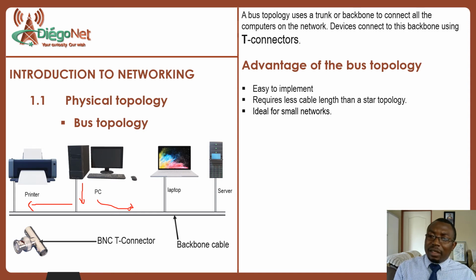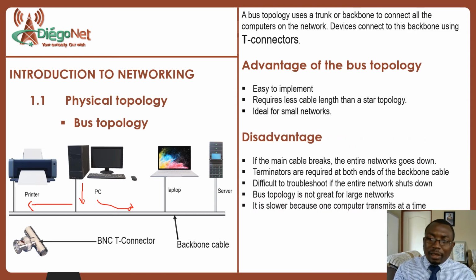Now, what are the disadvantages? Let's look at the disadvantages and balance them with the advantages of having a bus topology on our network. The first disadvantage is that, as we spoke about a single point of failure on the star topology, we said the centralized device on the star topology represents a single point of failure. In our case, with the bus topology, the backbone cable, the trunk cable, or the main cable represents a single point of failure as well. If something happens to the backbone cable or the main cable, the entire network will definitely go down.